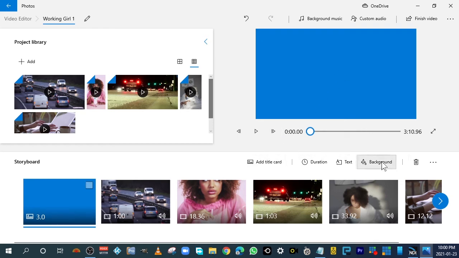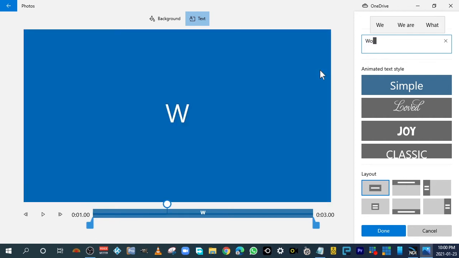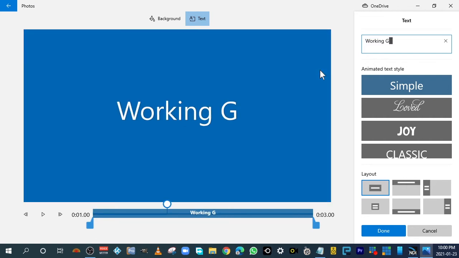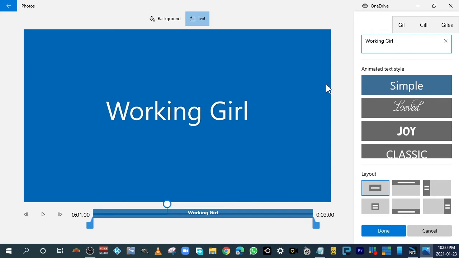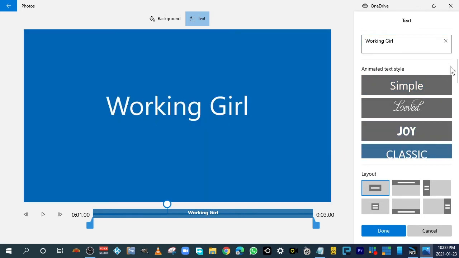My title card now has a separate menu here of functions that I can perform. So the first thing is to give this blue title card a name, and I'm going to call it Working Girl. And that's the title. It looks so bland though. I want to have, yes, this one looks more like something that I would want. You can scroll down